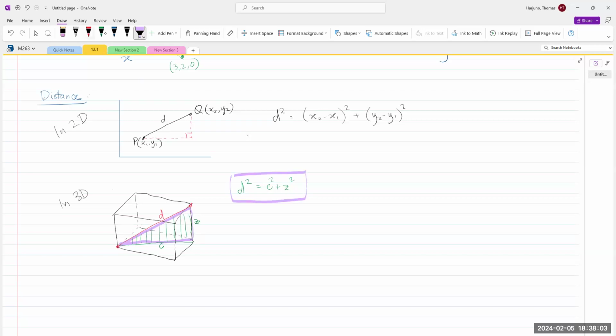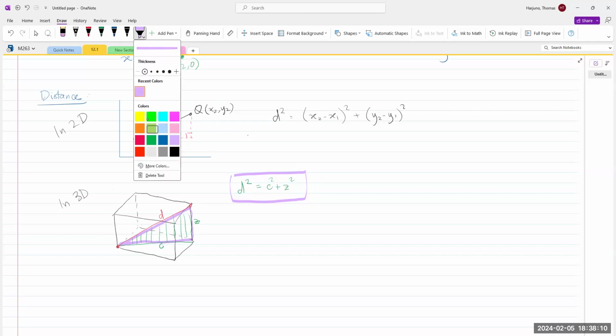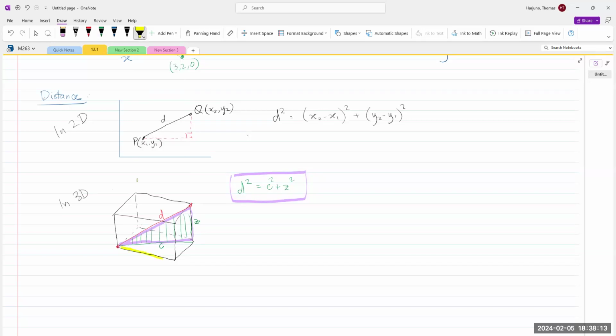Now, but what is c squared? That c squared is a right triangle from here. The right triangle on the ground. Suppose this is A and this is B, then C squared equals A squared plus B squared. Substitute that in. Then we end up with D squared equals,